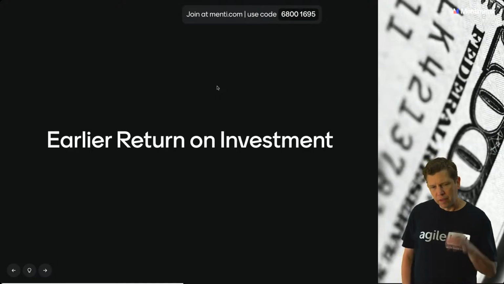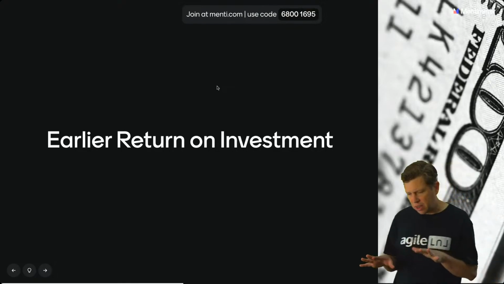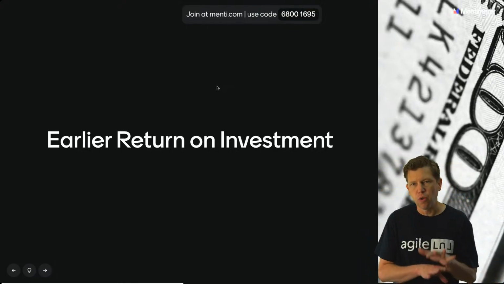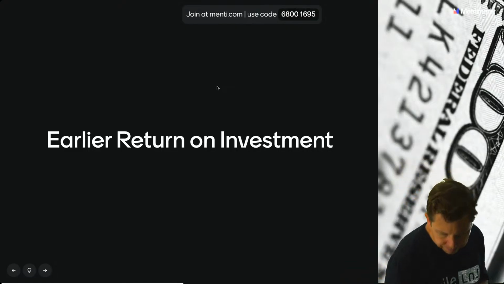I've always been amazed at how, in looking at two teams, one that's trying to build everything on their requirements exactly how it is and then give it to the customers, versus a team,